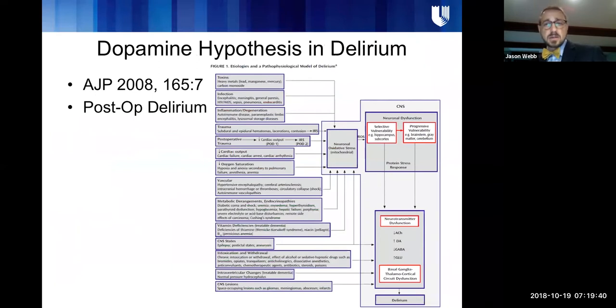So the reason that we're talking about dopamine, and I'm breaking some rules with doing PowerPoint slides, is that this is a really busy slide. This is an article from the American Journal of Psychiatry. What this highlights is that there are lots of different reasons why people can develop delirium. It can be toxins, infection, acute inflammation, trauma, postoperative changes, decreased cardiac output, hypoxia, vitamin deficiencies, withdrawal syndromes, brain lesions. But part of the central process that we think is happening is some neurotransmitter dysfunction. And I want to highlight with a big arrow that we think there are elevated levels of dopamine that relate to this.